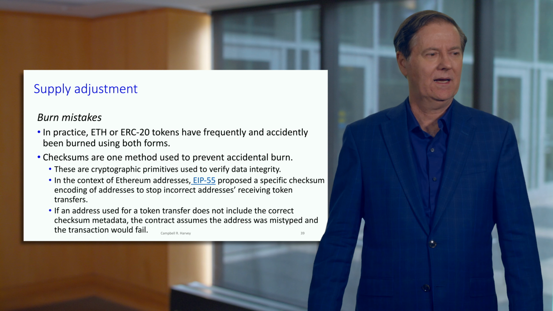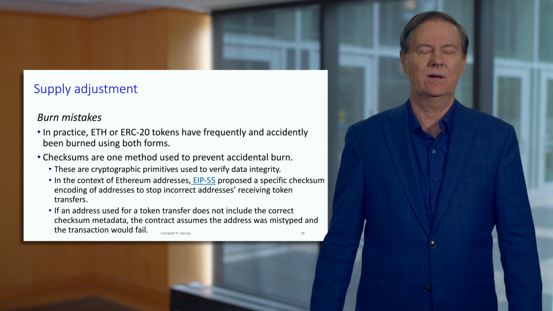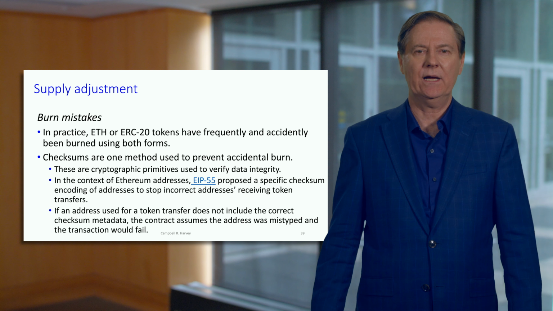And there's also burning mistakes. So it might be that you think you're sending to somebody some Ethereum, but you send to the wrong address. And that address might be unowned. And that Ethereum's gone. Okay, so that's basically what I call a burning mistake, where you basically burned your own Ethereum. So there are various different mechanisms to reduce the possibility that this happens.